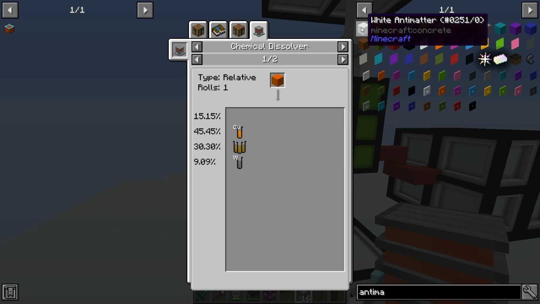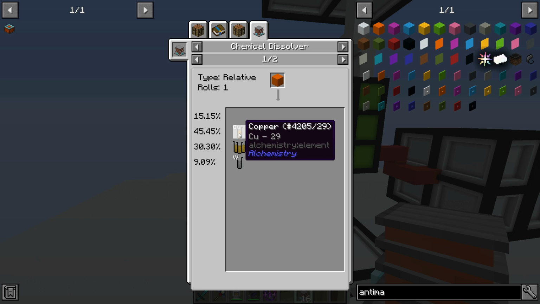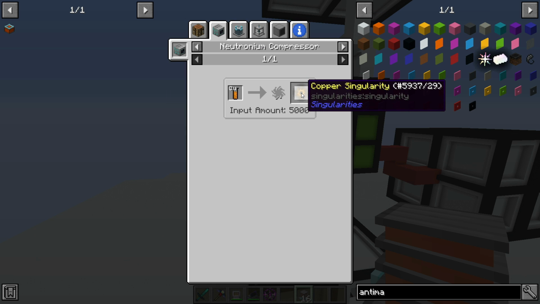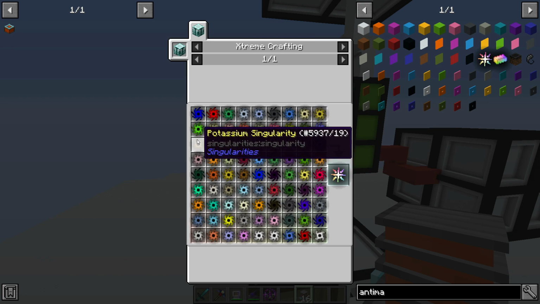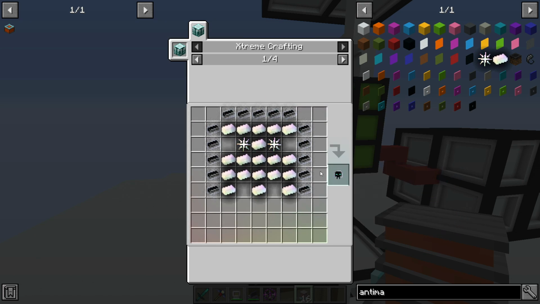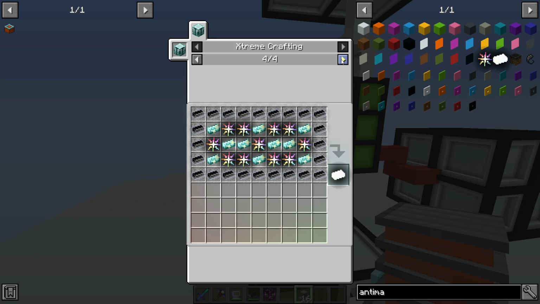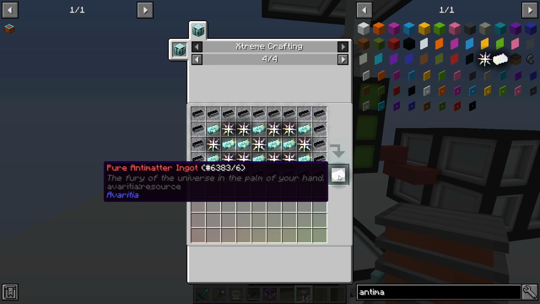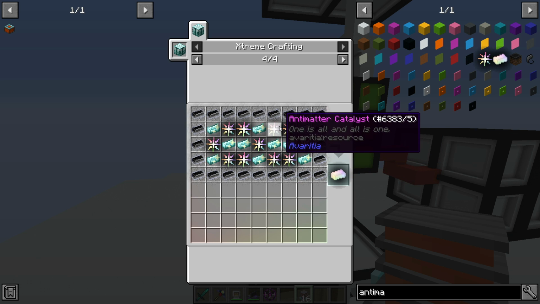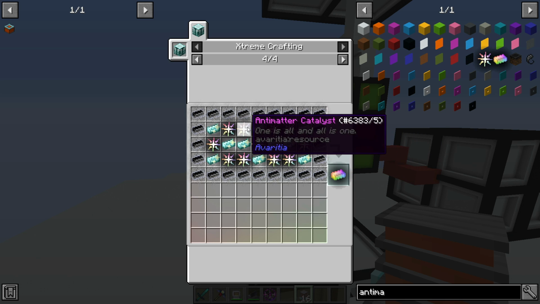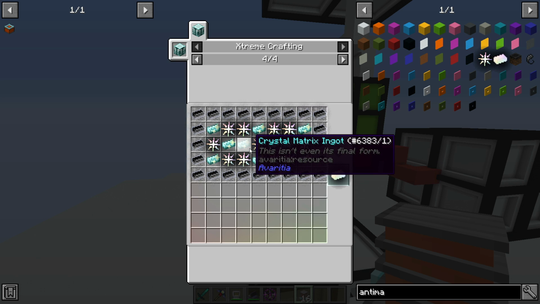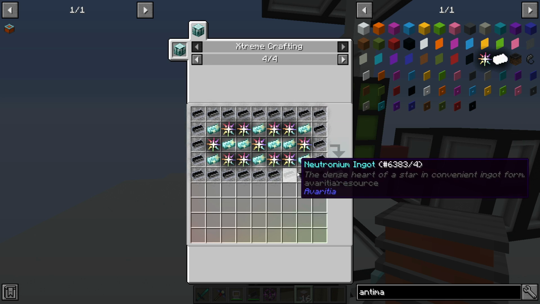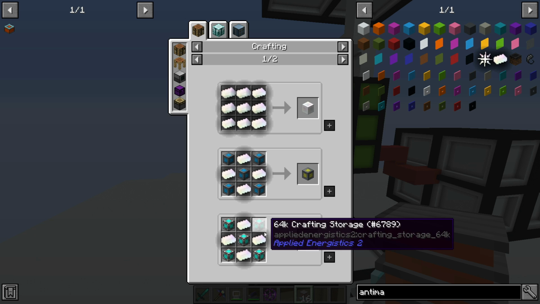We'll see how fast we would go through the white antimatter, but essentially if we turn on the spawners again, we should be able to get an infinite amount of these. Because we're going to need all of these for singularities, and we're going to need 5,000 of them for each one of the singularities, and we need each singularity to make one of these, and each one of these is used to make the antimatter ingots, which requires 1, 2, 3, 4, 5, 6, 7, 8, 9, 10, 11 of these. So we would need 55,000 of each of one of these if we want to make one ingot,